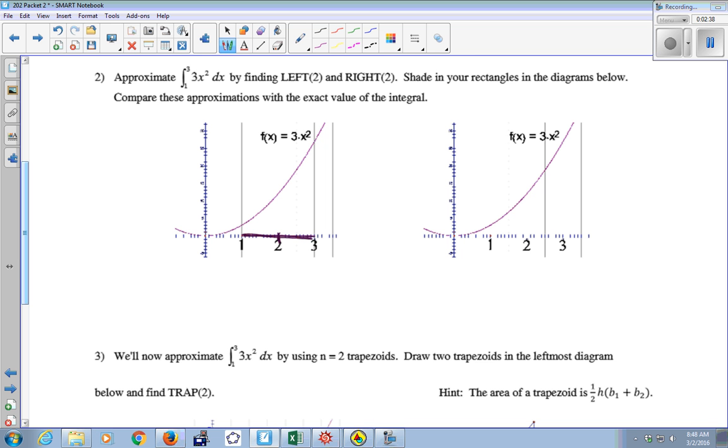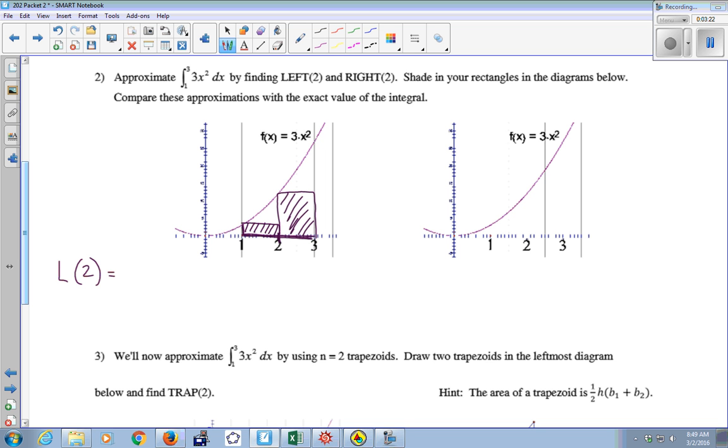And then over each of those intervals, I'm going to build a rectangle, the height of which is the height of the curve at the left endpoint of the interval. So over my first interval from 1 to 2, I build a rectangle whose height is the height of the curve at the left endpoint. And then I do the same thing over the next interval from 2 to 3. I build a rectangle whose height is the height of the curve at the left endpoint. So that is estimating my area under the curve. It's not a very good estimate because I'm leaving a lot of area out,